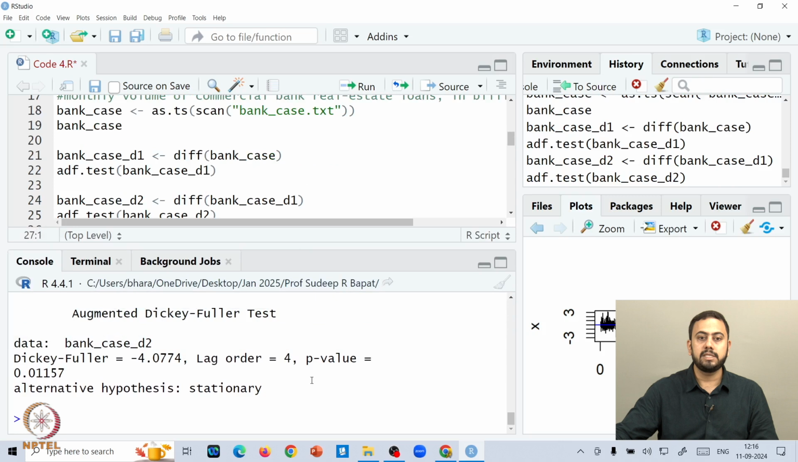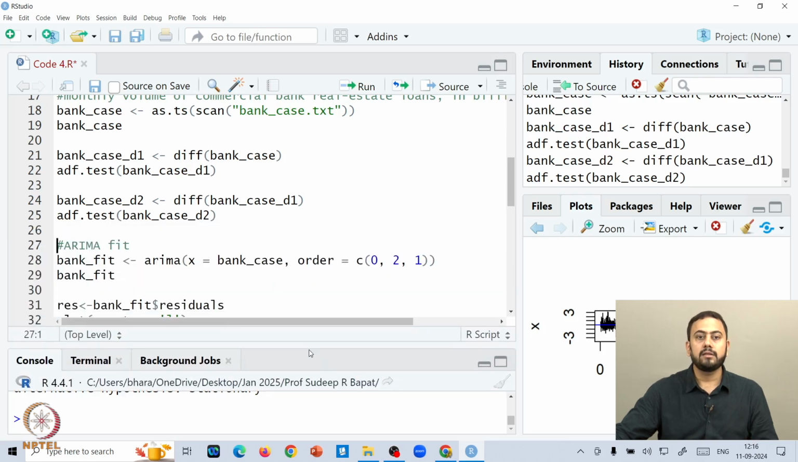So now the p value is less than alpha, which is exactly what we want. So if the p value is less than alpha, we should be able to reject the null. And if you are able to reject the null, we have to go with the alternative. The alternative hypothesis is that the model is stationary. Okay. So this is just a summary of what happened in code 3,